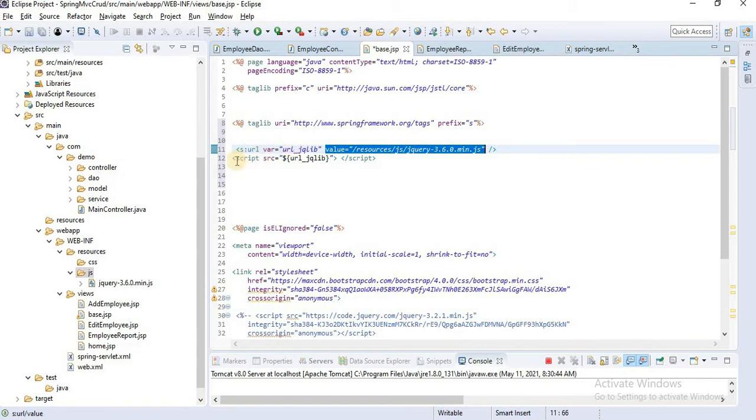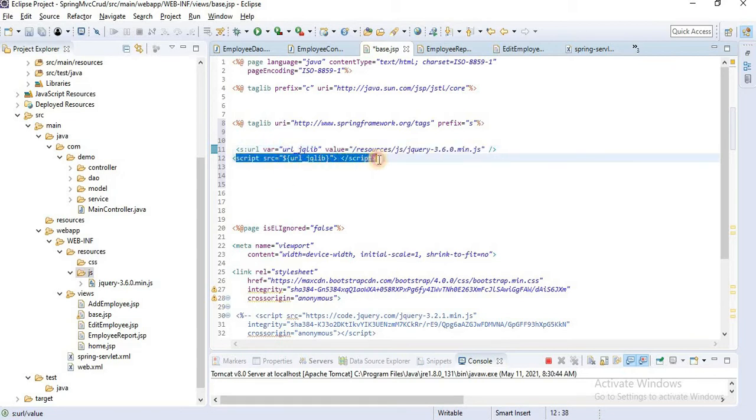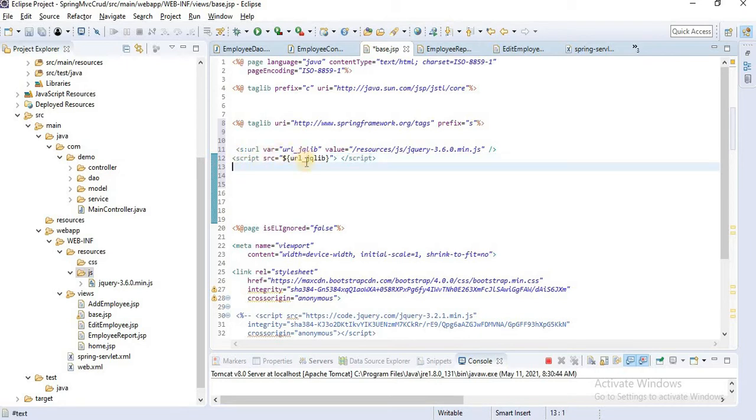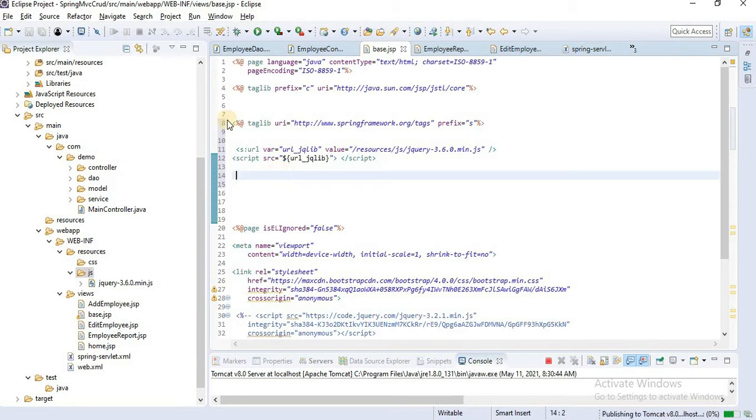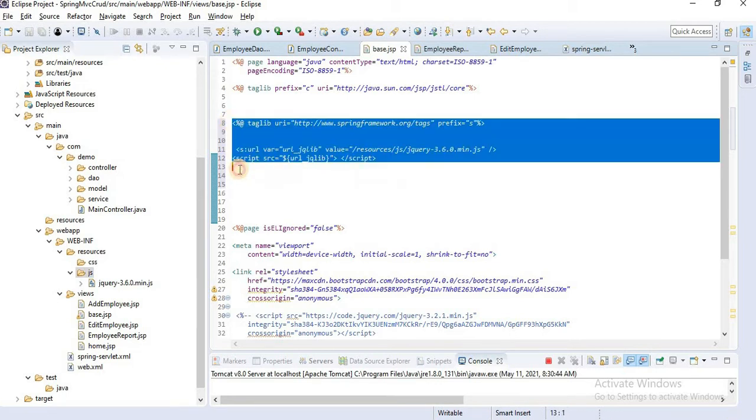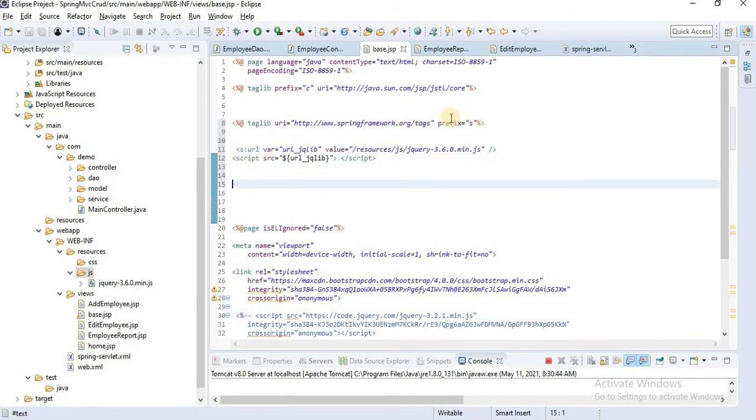This variable we use inside a script tag. So these three lines are for adding jQuery inside your JSP file. So we have done this thing also.